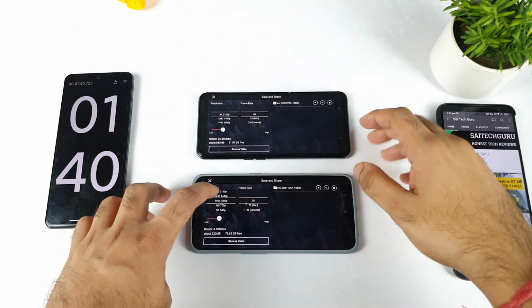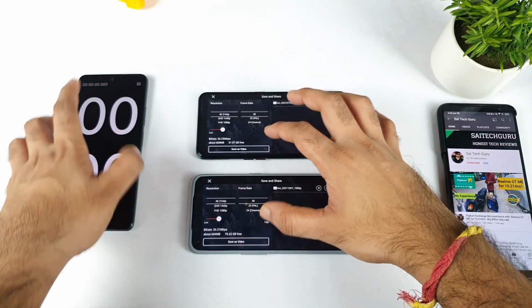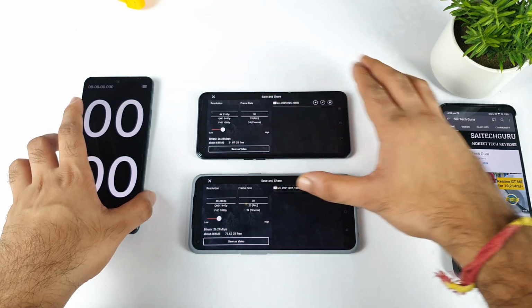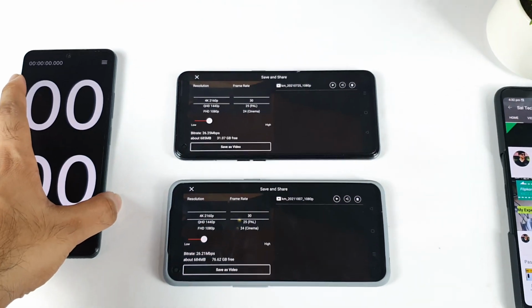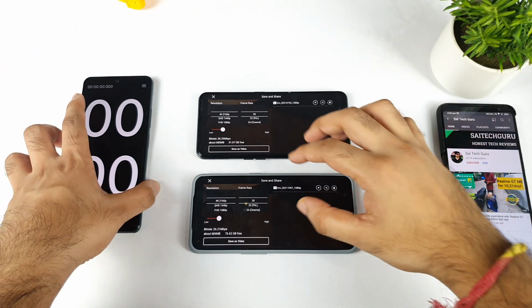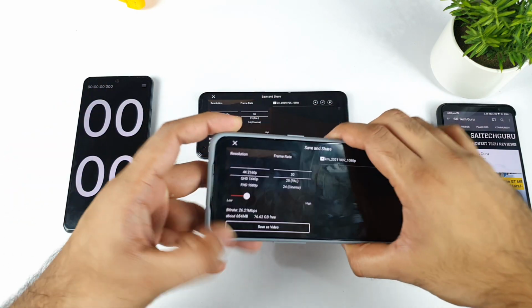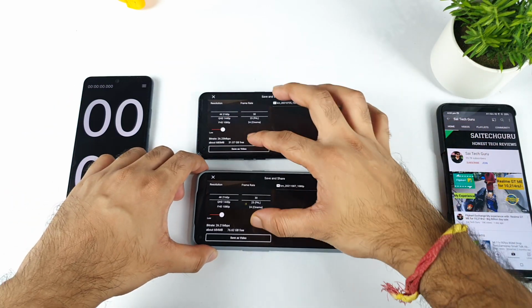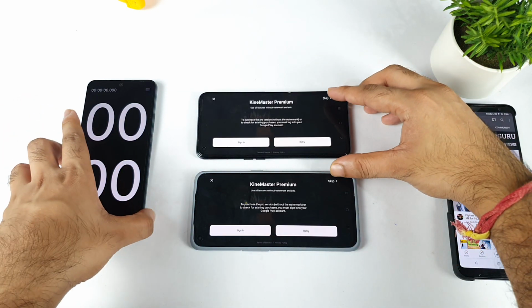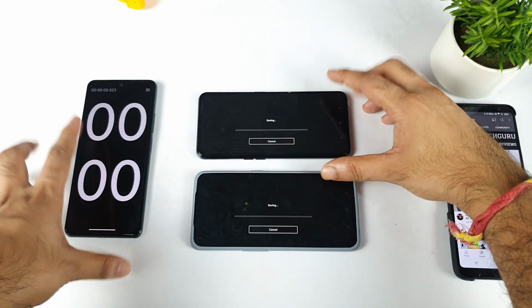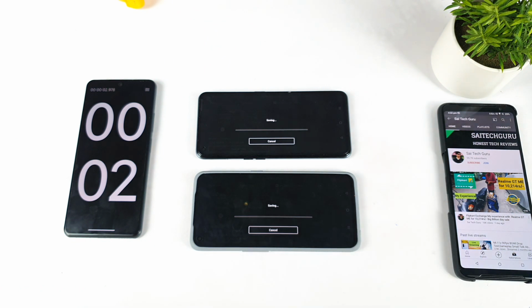Let's do the final test, which is a 4K rendering test. This is going to be really interesting, 4K. And throughout this test I'm not using any kind of high performance mode, nothing. Same values selected in both devices. Slightly the same, just a little bit, only 1 MB is more, that's it, not a huge difference. But let's see how much difference there can be. 1, 2 and 3. So from 1080 to the 4K clip. This is going to take a lot of time in terms of converting the 1080 to 4K, and this is where a lot of intense CPU and GPU will be utilized during this conversion.